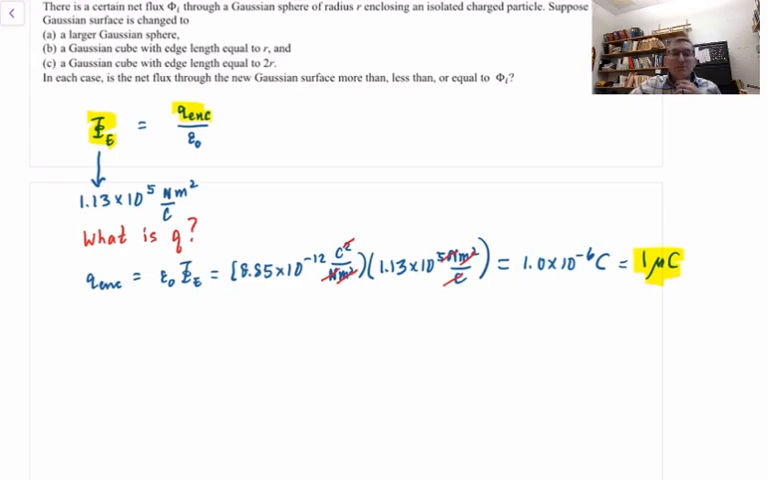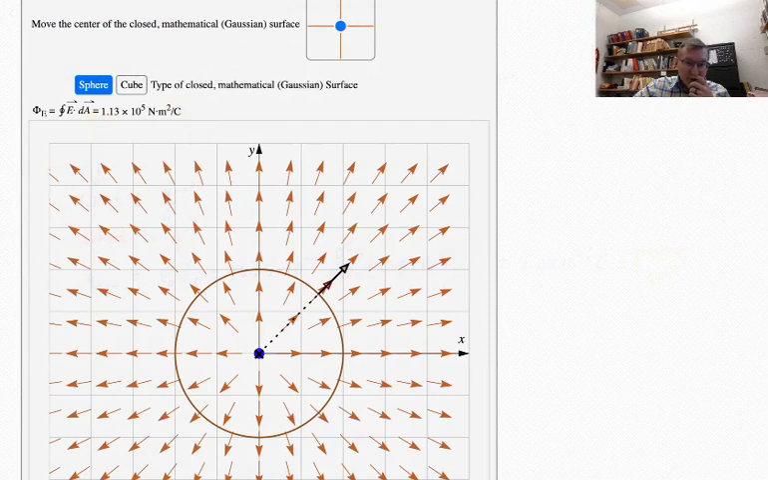Okay, here's what I'm going to do next. I'm going to go back to the picture. With that weird-looking slider object at the very top, I can move around the center of the Gaussian sphere. Right now the center is at the origin. Right? I can move it around with that slider up there. I'm going to move the Gaussian sphere around a bit so that the particle is no longer at the center, but will still be inside